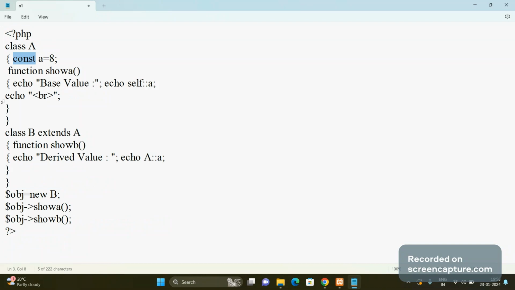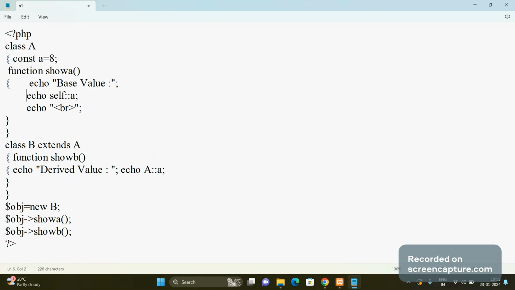And suppose we have functions in the method like function show a having message as echo base value, and if we want to print that value, how we can print? Suppose I am printing the value of a like this simple one because I have not declared with dollar, and we have given a line break. Now suppose we have written class B which is extending class A. We have show b function with message as derived value, and we want to print value of a,